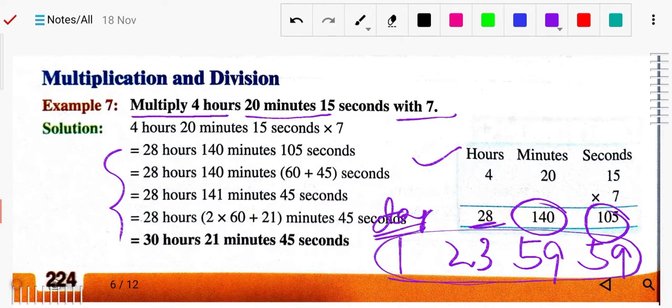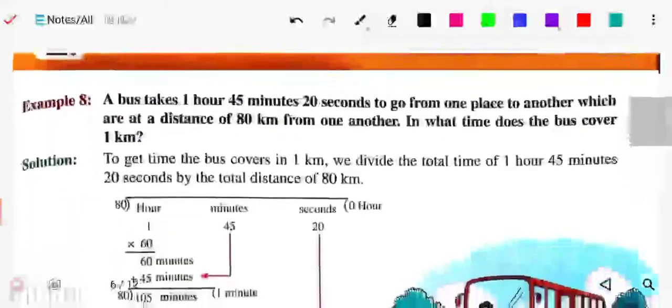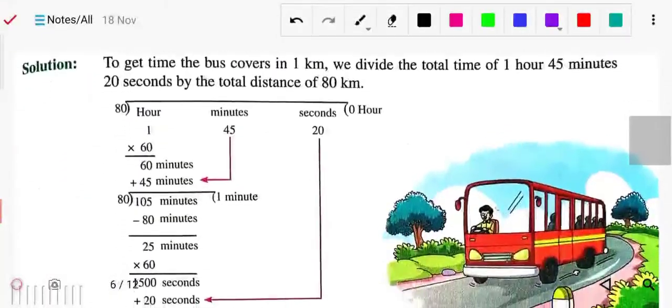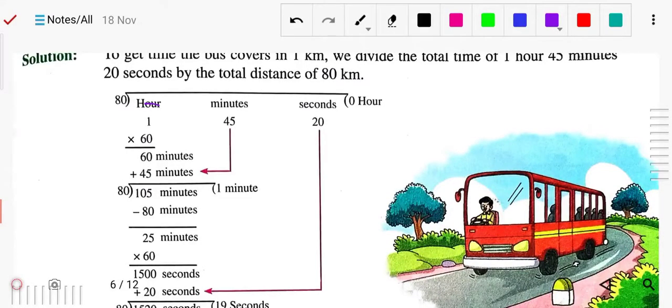Based on this, like the multiplication, we have division also. How to divide? What is the procedure in division? Suppose it is 1 hour, and it is divided by 80. It is not possible to divide 1 hour by 80. So now this hour will be converted to minutes. Then after the hour there are also minutes, so 2 minutes now means two parts of the minute. As you know, it is nothing but a plus sign.